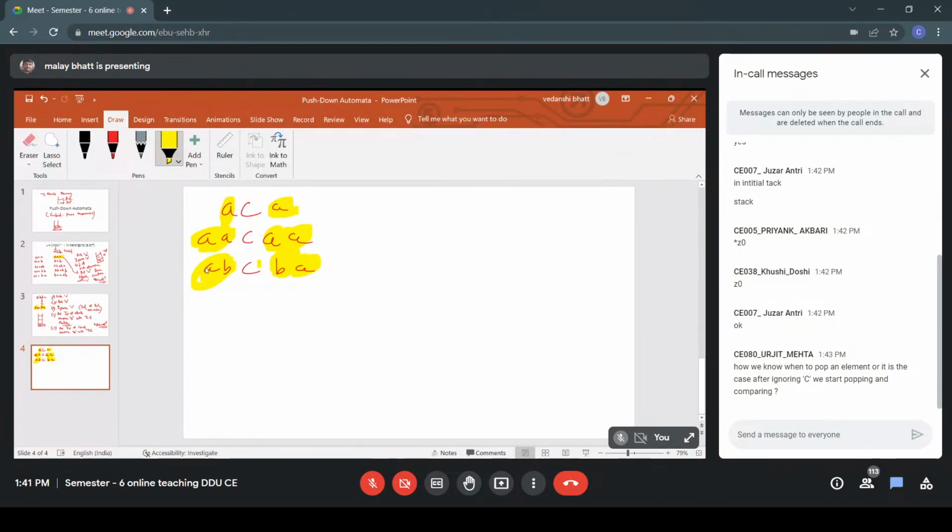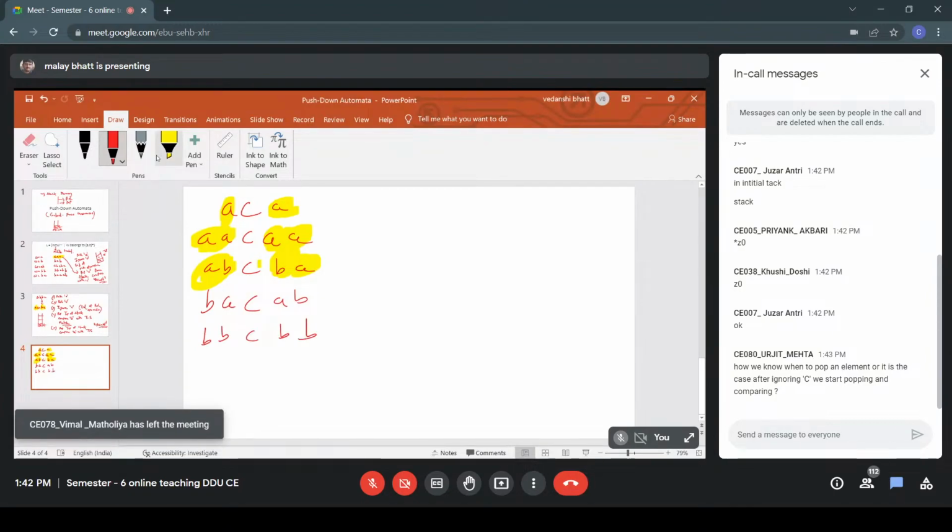So here you can see the possible combinations are very few. A can come with A, A can come with B. Similarly, we have B, A, C, A, B and B, B, C, B, B. These are the new combinations we have to consider: our symbol A can go with A, A can go with B, B can go with A, and B can go with B. So you can see that we have one symbol as the top of the stack, and another symbol as the input symbol. Now if I want to write the first rule,